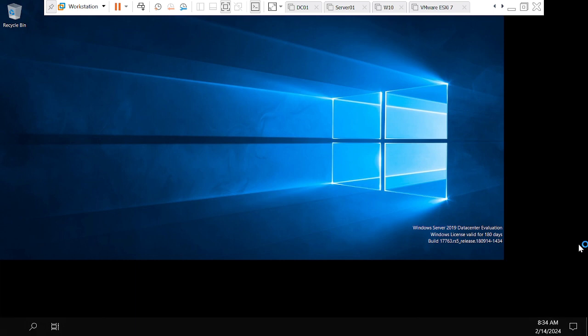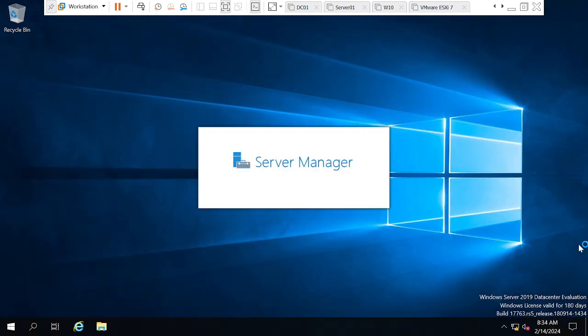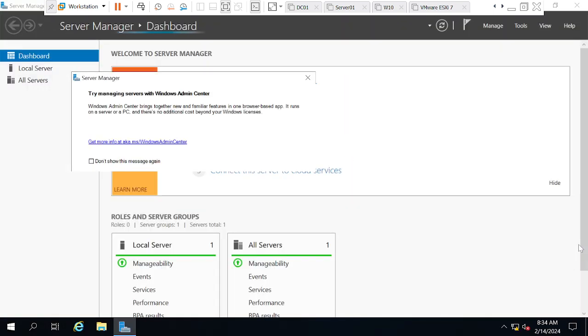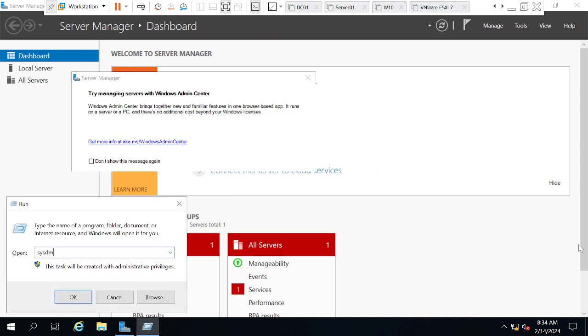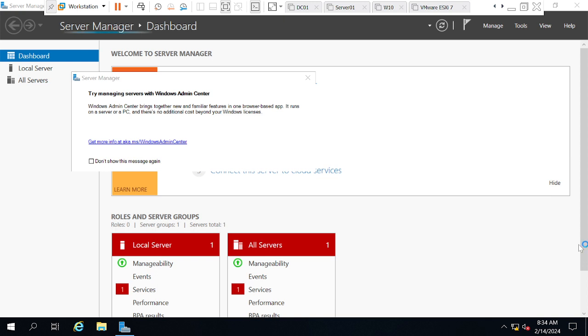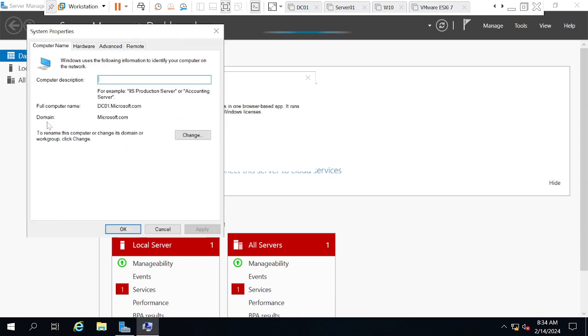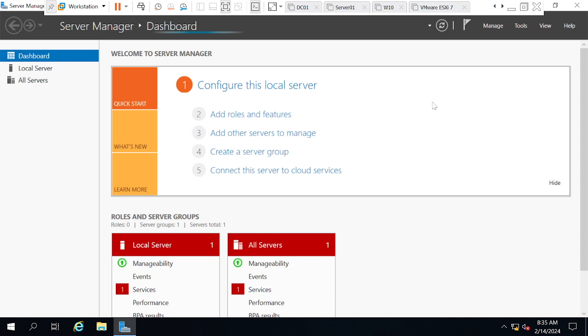Once you log into the computer, if you want to see, run sysdm.cpl. See, it is now in the domain called microsoft.com. The domain name is microsoft.com, and the computer name, the fully qualified domain name, is dc01.microsoft.com. So we are good. Now in order to verify whether the computer has got everything installed, you go to the